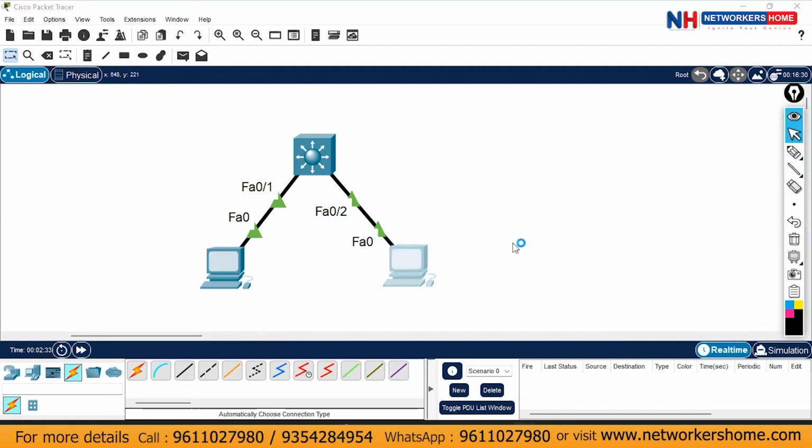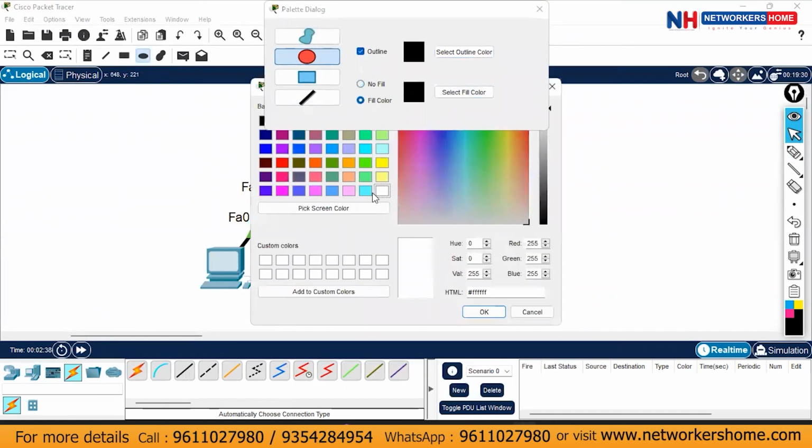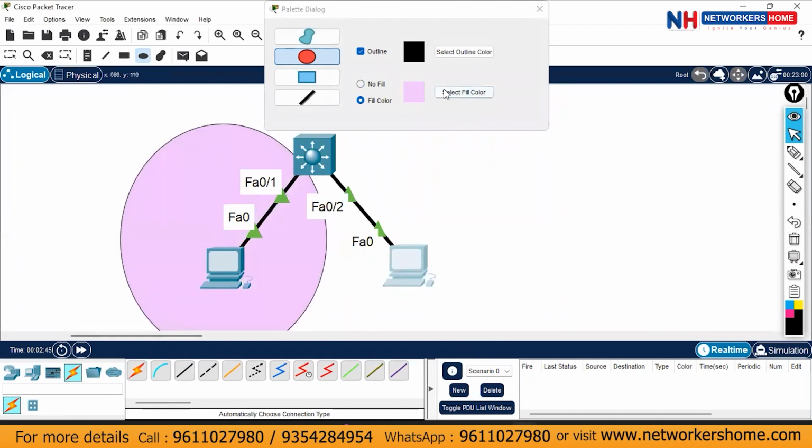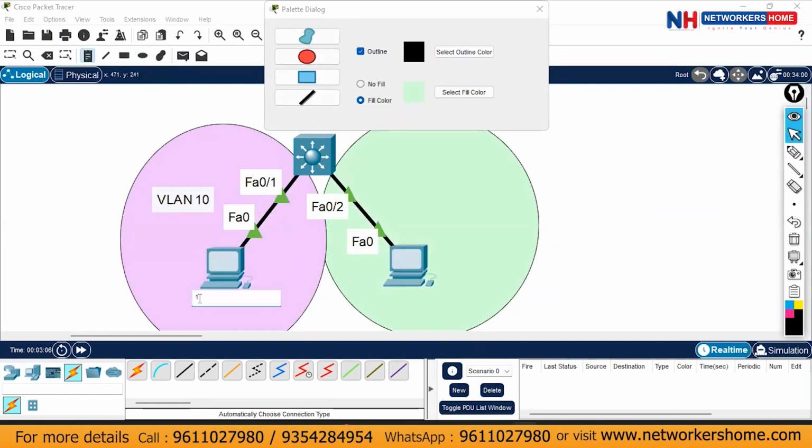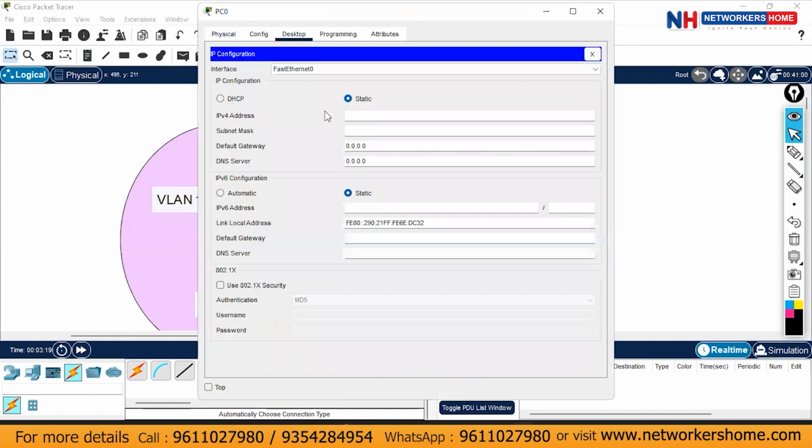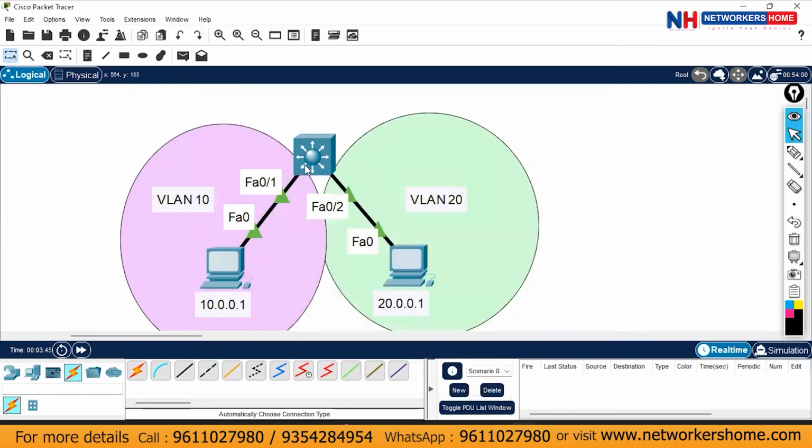So first of all, we'll assign the IPs. Assign the IP addresses, and gateway will be 10.0.0.2, 20.0.0.1, 20.0.0.2. Now on this switch,